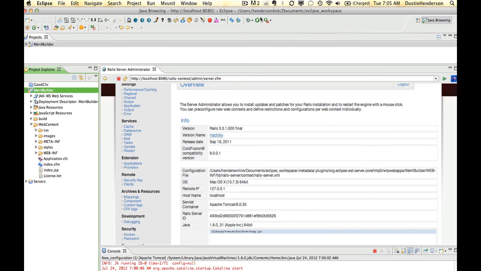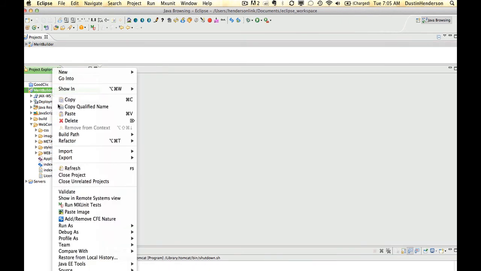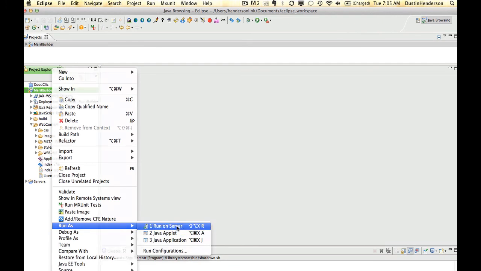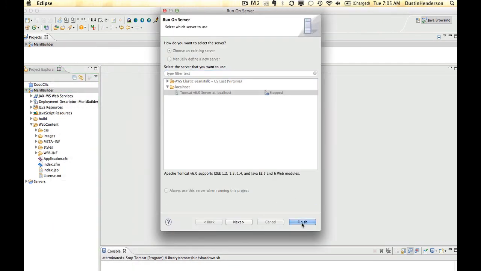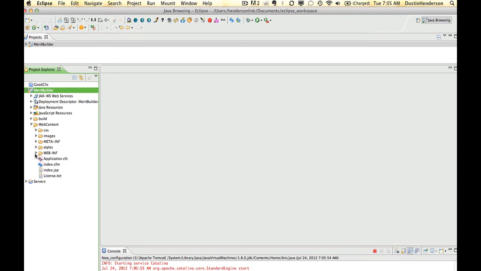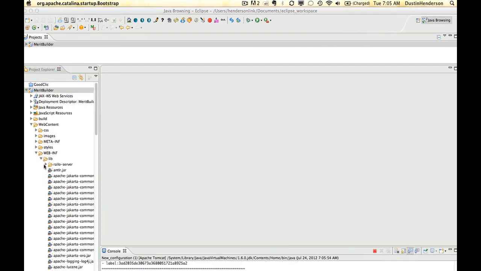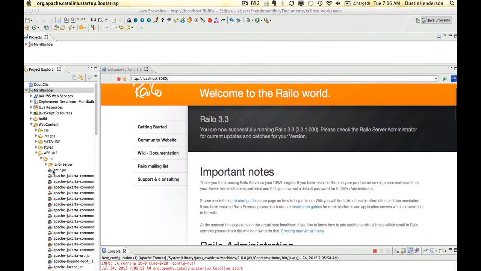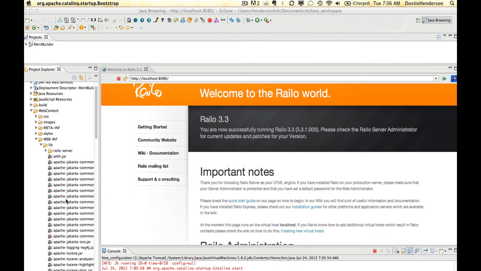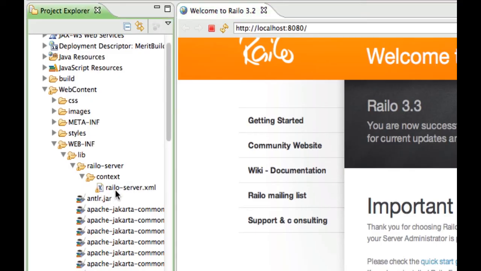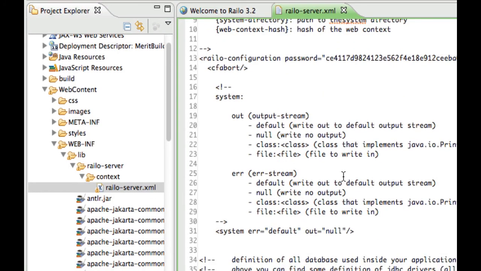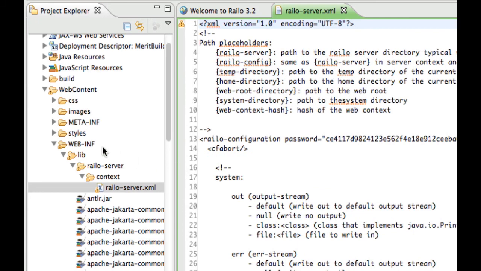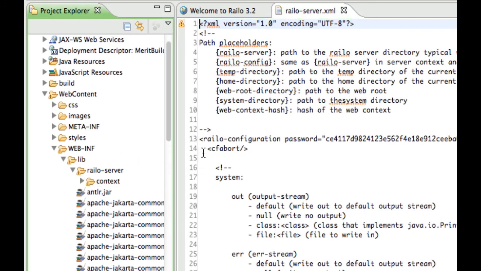So once that file is created, what's going to happen is when you go up here to run, let's go ahead and stop this real quick. You go up here to run your site locally. It's going to take copies of what's in these folders, and it's going to overwrite what's in the temp directory with those copies. So any settings that you create here, right here, will actually show up inside of the temp directory settings,